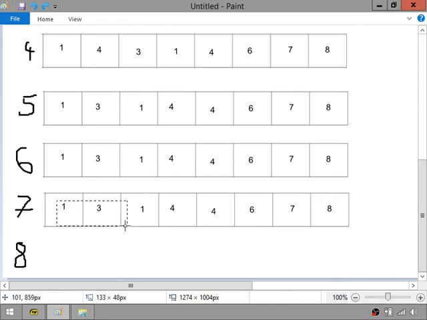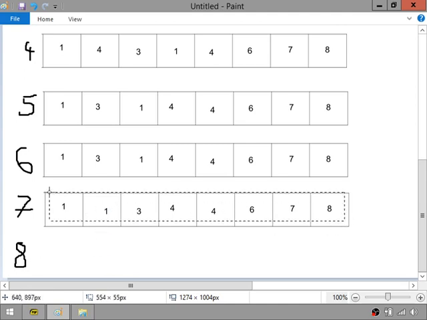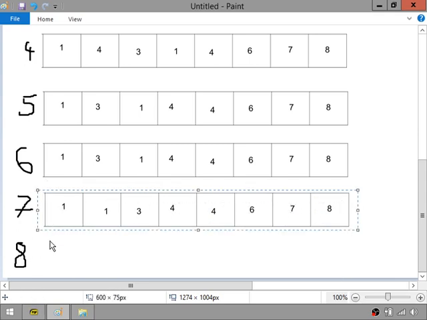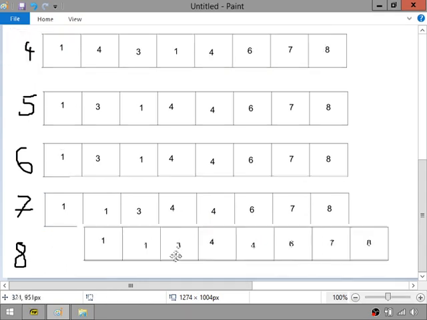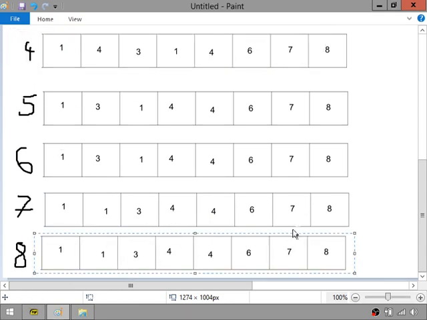So, do these need swapping? No, they don't. Do these need swapping? Yes, they do. And you'll notice that our list is already sorted at this point. However, our algorithm is not sophisticated enough to know when to stop, so we carry on going. Are these sorted? Nope. Do these need swapping? Nope. Do these? Nope. Check these, and then check these. And then finally, we do the 8th layer, which is completely unnecessary, I know, but again, our algorithm isn't sophisticated